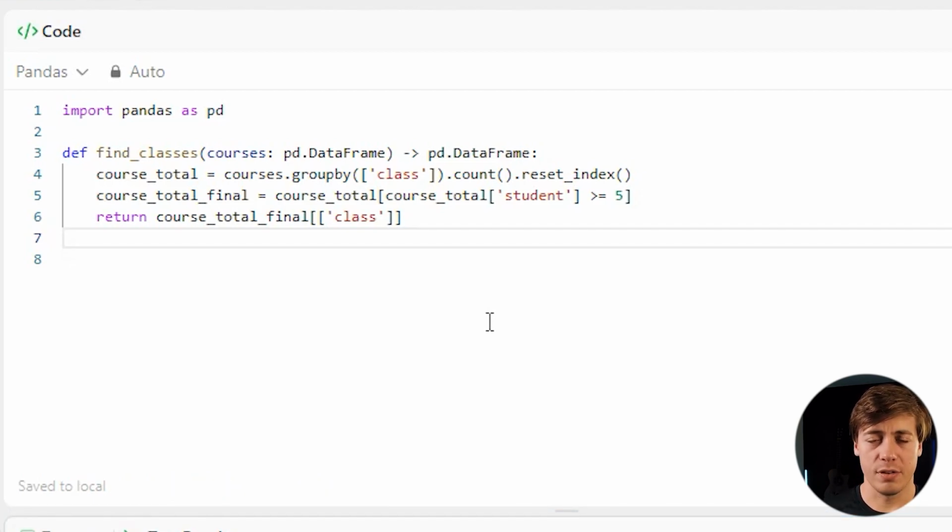So let me go through this Pandas code one more time. All right, so let's just run through this Python Pandas one last time. So the first thing we're doing is we're creating a new data frame called courses total. What we're doing is a group by on this class. We're counting the number of classes, and we're resetting that index. Next thing we're doing is we're creating another new data frame over here, course total final. This time we're going to filter through this course total. Course total student has to be greater or equal to 5. Student is where this count is specifically going to lie within this data frame. And lastly, we're going to return our class because that's what it asked us in that question. So overall, not too bad of a question. It was really just